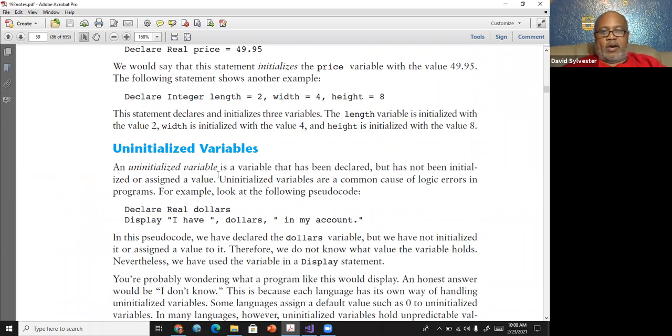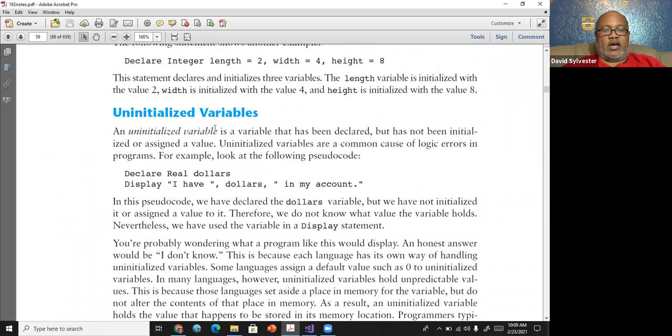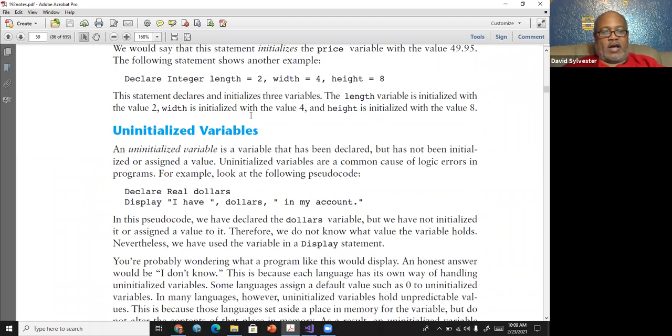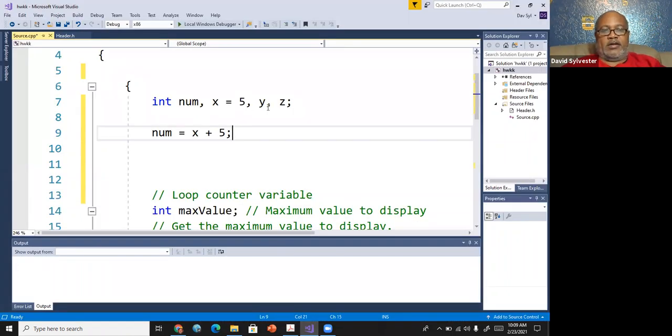Okay. Anybody? Now, uninitialized variables. If it's not initialized, that means it's uninitialized. So if we look back at our program here, Y is uninitialized, Z is uninitialized. Before we can use them in an expression or in some type of output, we have to give them a value. Because if I do something like X plus Y, then what happens here? The computer really doesn't know what Y is equal to.